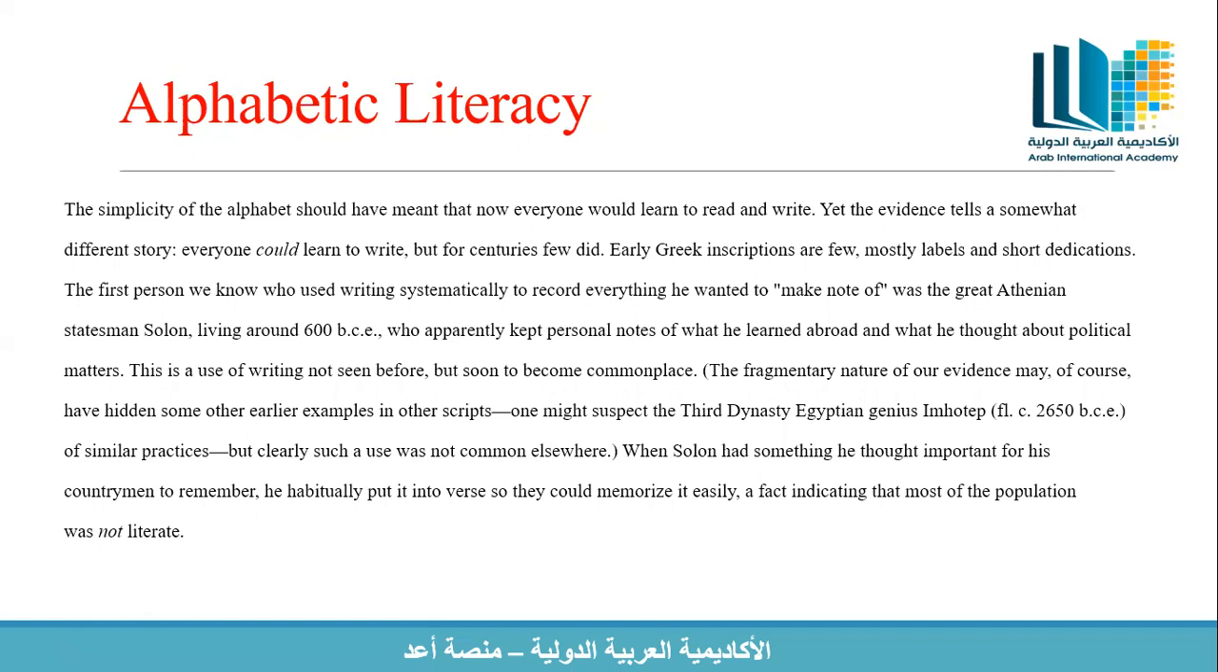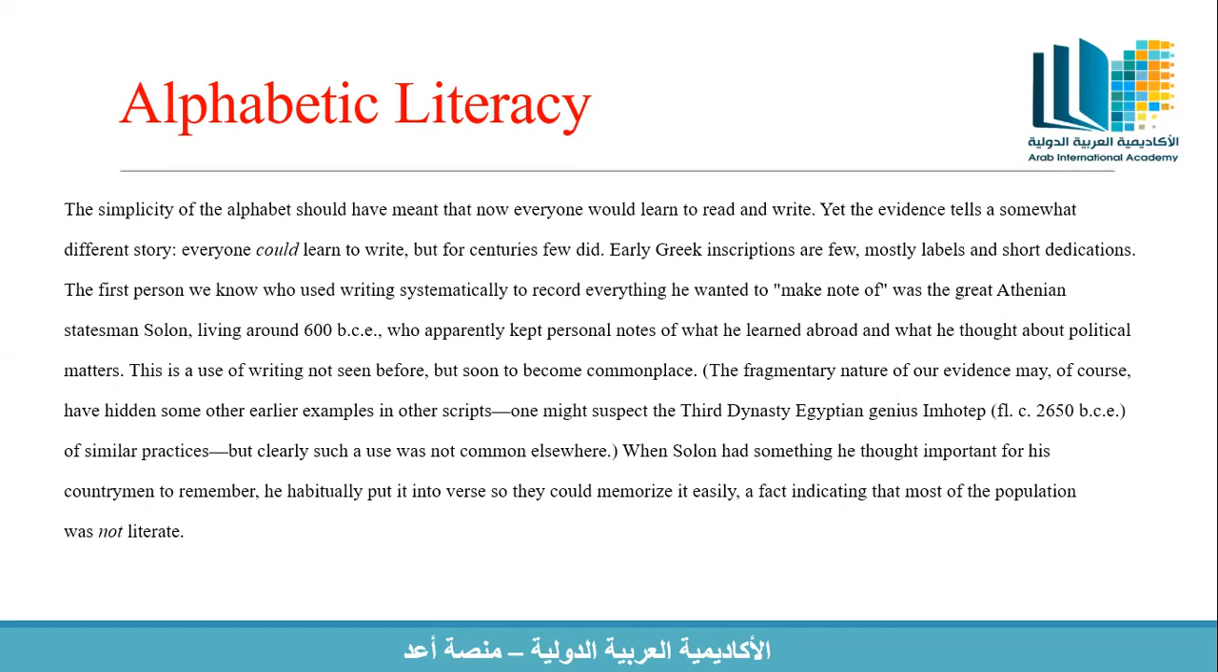living around 600 BC, who apparently kept personal notes of what he learned abroad and what he thought about political matters. This is a use of writing not seen before, but soon to become commonplace. The fragmentary nature of our evidence may, of course, have hidden some other earlier examples in other scripts. One might suspect the third dynasty Egyptian genius Imhotep of similar practices, but clearly such a use was not common